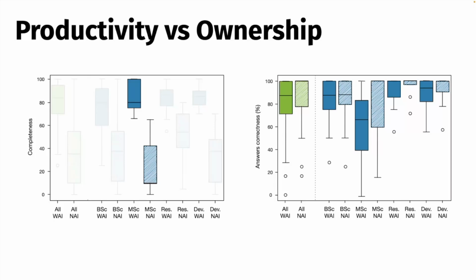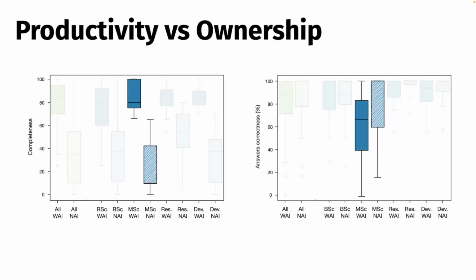Why? Because this run of the experiment was performed in the context of a software testing course in a university in Spain. And one of the tasks that we gave them was to write tests. So they were not writing production code, but tests, okay? And the AI was extremely good at that. Really extremely good, so it gave a lot of support in that task. So they were the ones who benefited the most from the help of the AI.